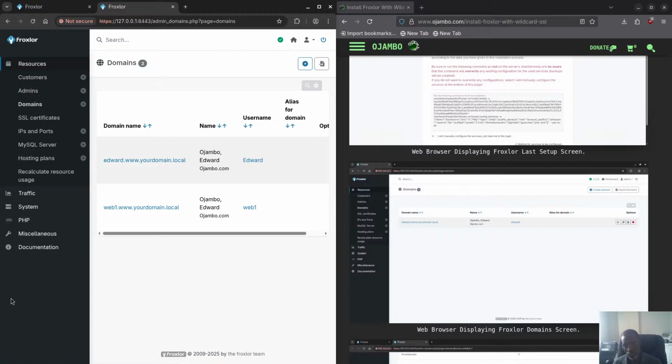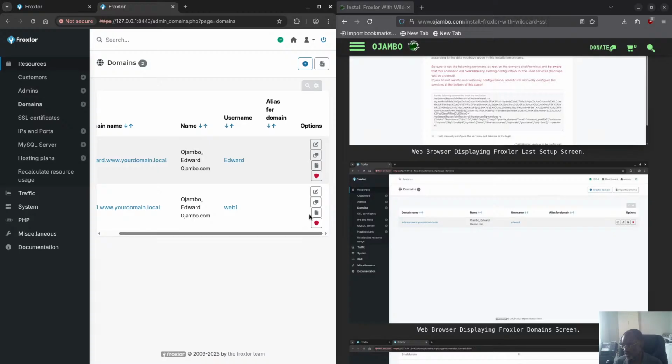This tutorial was meant to show you how to install an SSL certificate for Froxlor, a wildcard SSL certificate. Obviously, that was self-signed, but if you buy one, you can do the same thing, just install it in your server. So that's it, and you can see I can also access the other options here. There's quite a lot of options. I said I have a dedicated tutorial for this, but this one was strictly to show you how to run